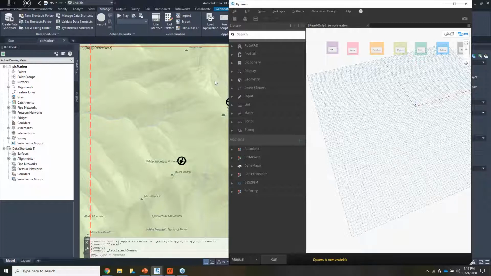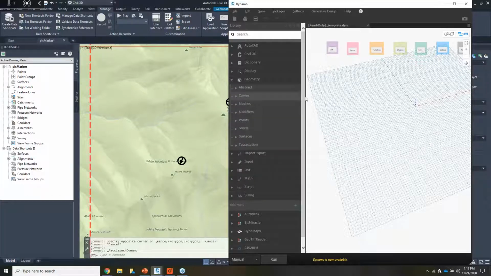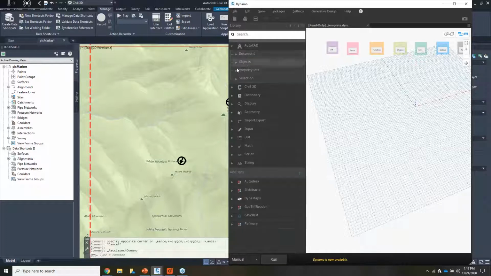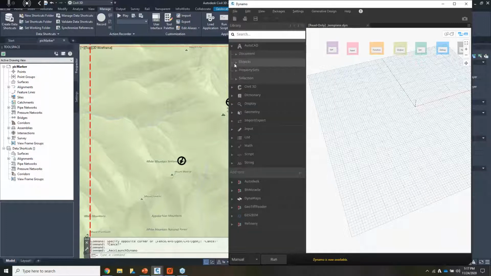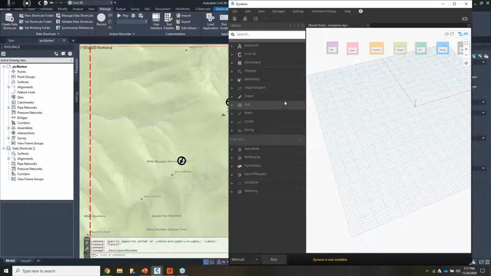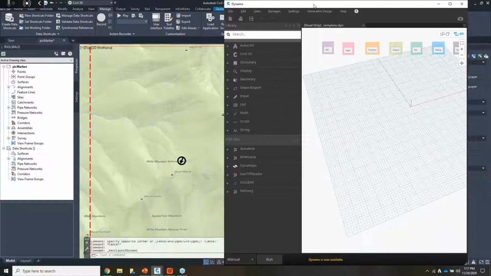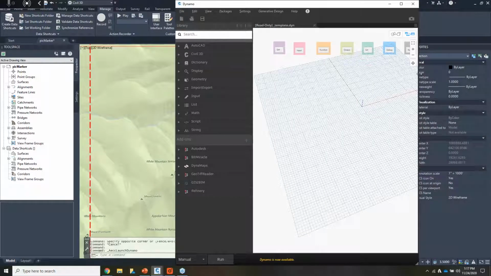So it's a different object type. Under Geometry, under Curves, we see the Dynamo line, whereas under AutoCAD, under Objects, we see an AutoCAD line. And likewise, we have a Civil 3D feature line. So we have different object types, and it depends where they live. We need to translate the object types from one format to the other. In any case, let's start